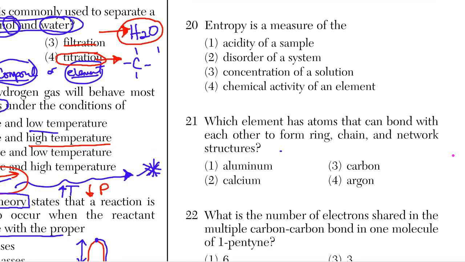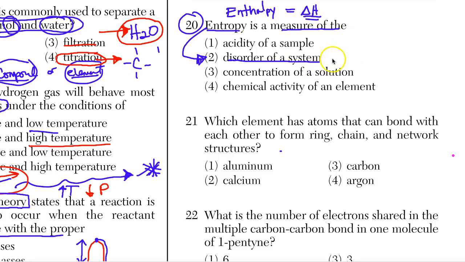So number 20 is a straight definition question. Entropy is a measure of the disorder of a system. Okay, so it sounds something like enthalpy. You may have learned this in your chemistry class. Enthalpy is the delta H, the change of overall heat in a reaction. The entropy, though, is the disorder, and we should know that the disorder of a system is increasing for spontaneous reactions, but more importantly, the amount of disorder, for instance, a liquid going to a gas, you're increasing your entropy,